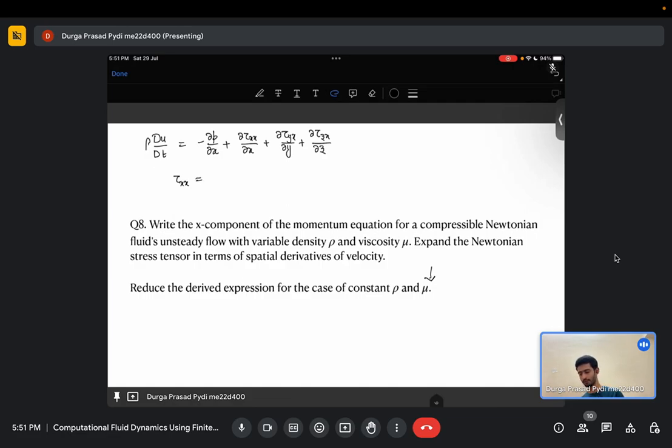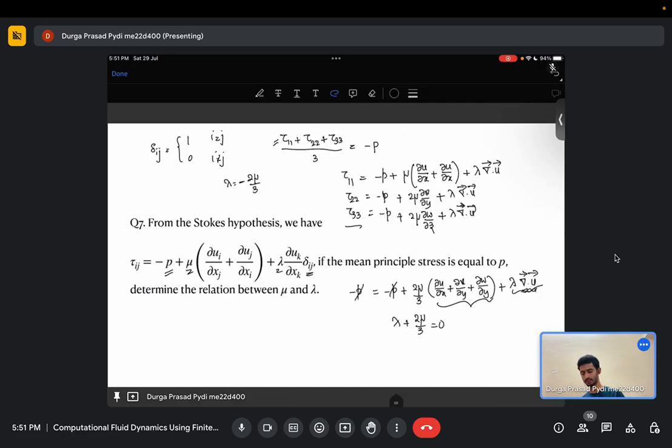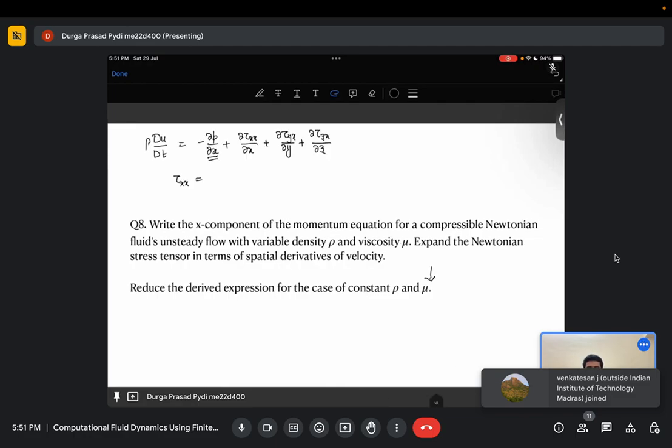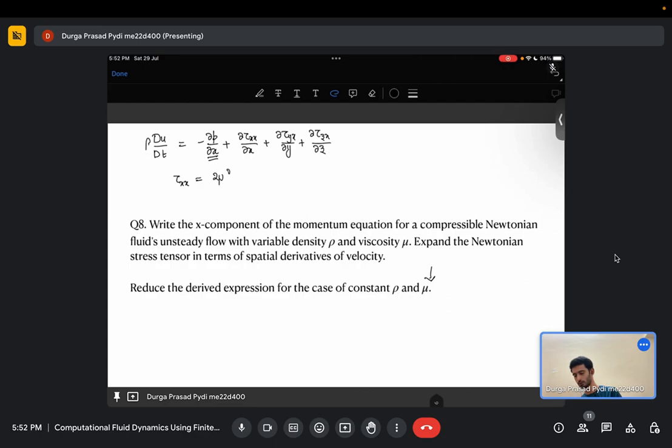tau xx is essentially, you can use the formula which we have used previously. So this is how you define it. Remove this thermodynamic pressure, I have already separated it out. So I have written the first expression, minus del p del x. So tau xx will essentially be 2 mu del u del x, plus we have seen lambda is essentially del dot u. Similarly, you write expressions for tau yx and tau zx and then come up with the final